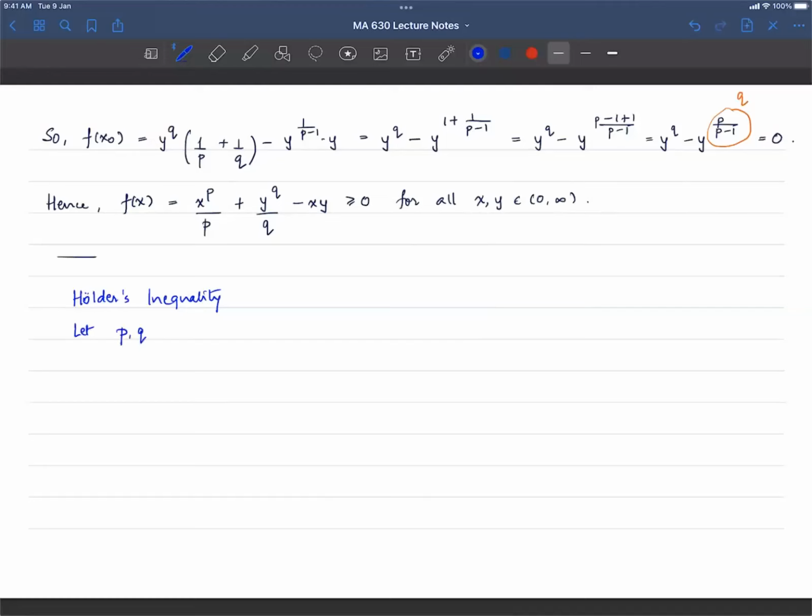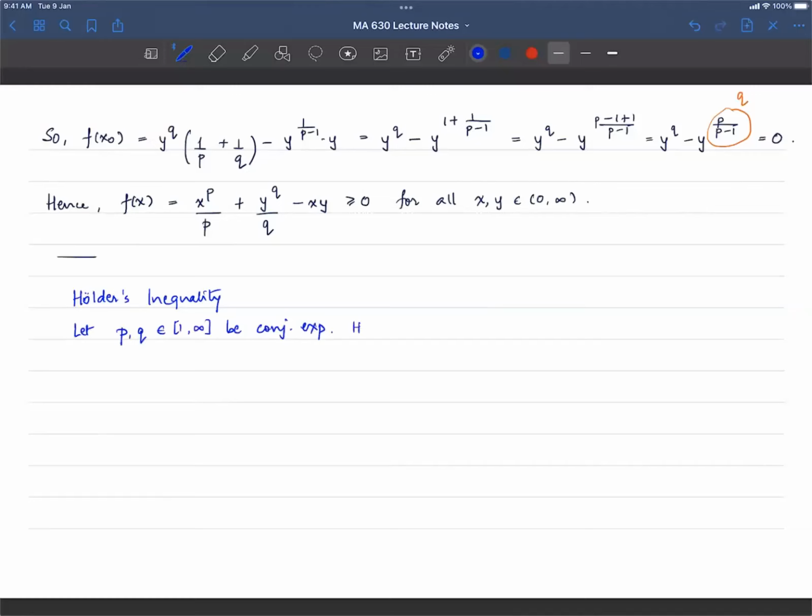Let P, Q in [1, infinity] be conjugate exponents. Okay, you know what that means? Note that here I am allowing P and Q to take the values 1 and infinity. So basically Holder's inequality says,